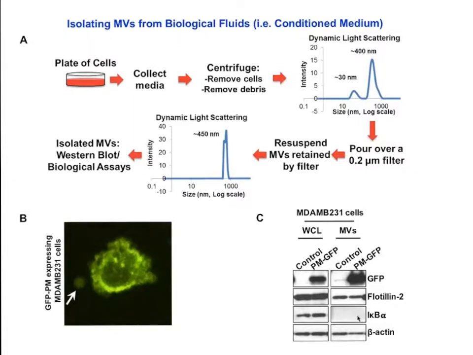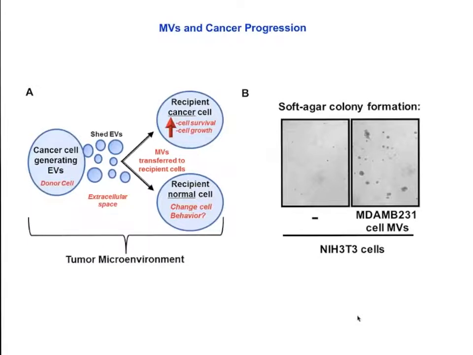So what do these vesicles do biologically? Well, we have shown, and others as well, that if you take the microvesicles that are shed by a highly aggressive breast cancer cell, like 231 cells, and then you add them to recipient cancer cells, they can promote their growth and survival. But we became interested in what happens if you do the same experiment, but in terms